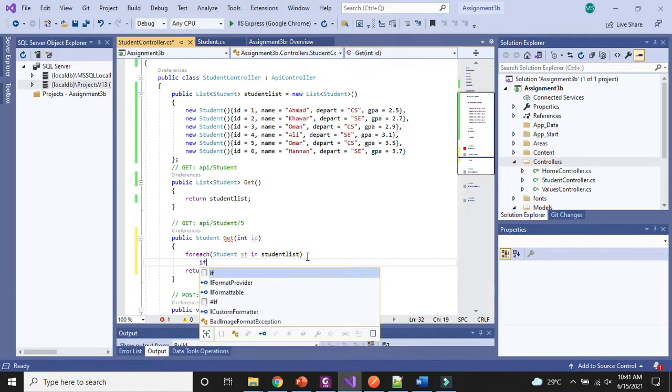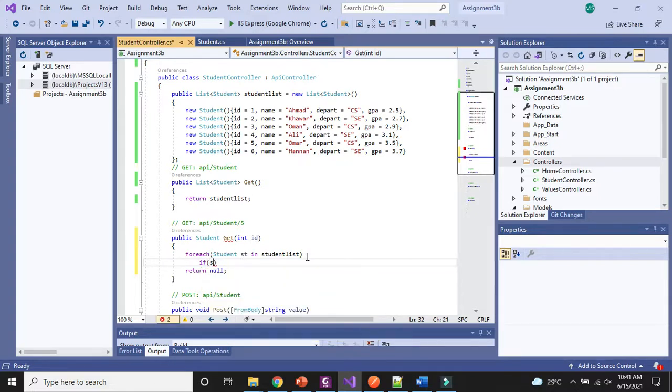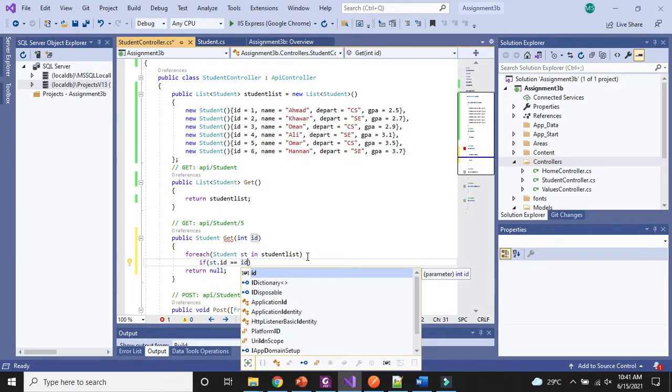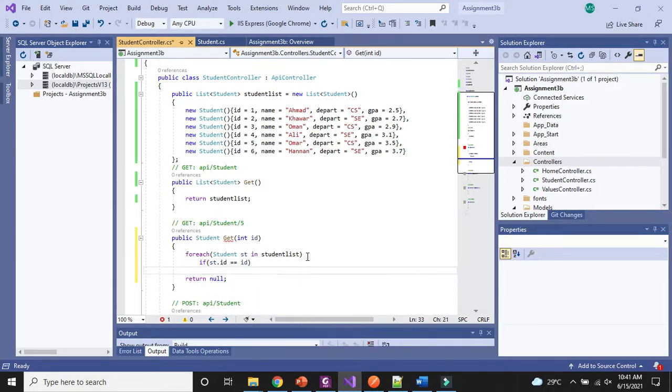So I will write an if condition over here. Inside this if condition we will write: if student dot id equals the id given in the URL, then we need to return the object of that specific student, which is st. So if you can understand this small piece of code, this for each loop will traverse the whole student list, and inside this for each loop an if condition was written where we are searching for the ID same as the ID provided by the customer or user.